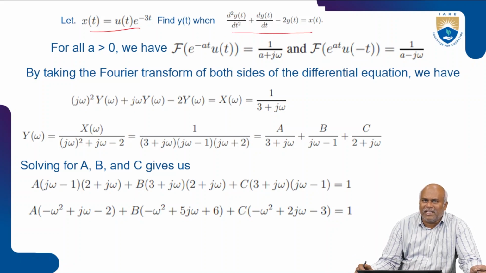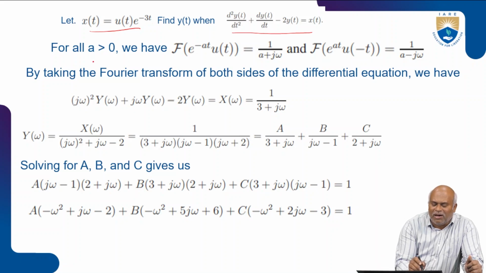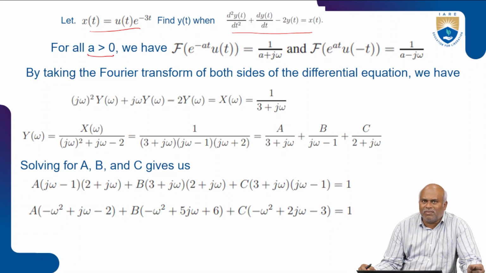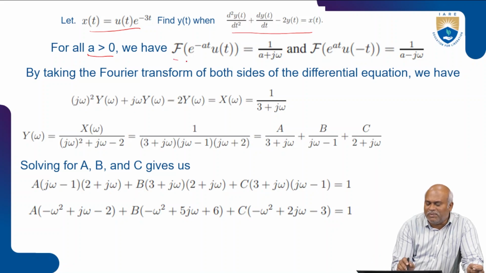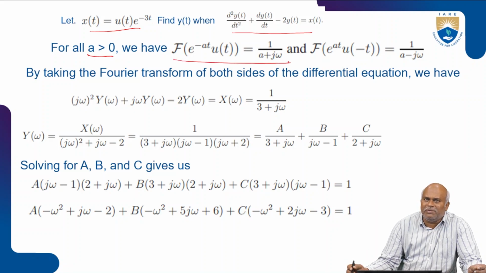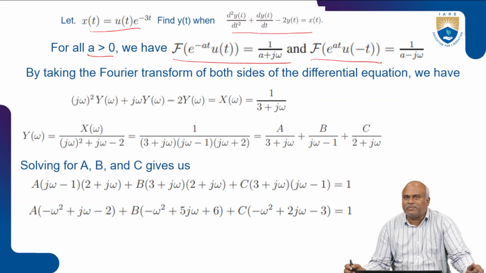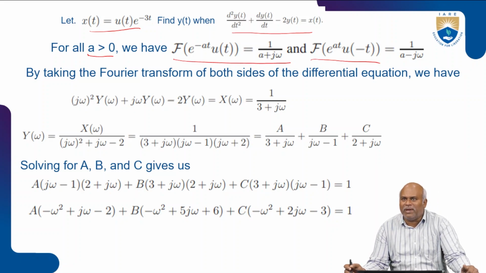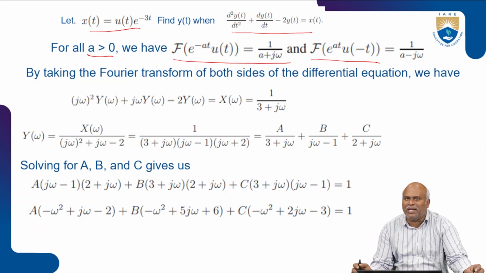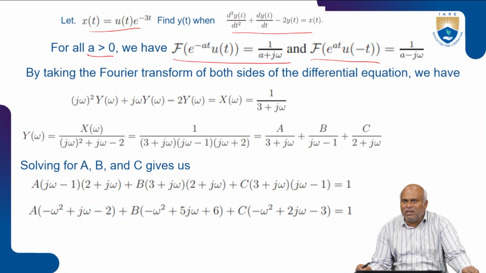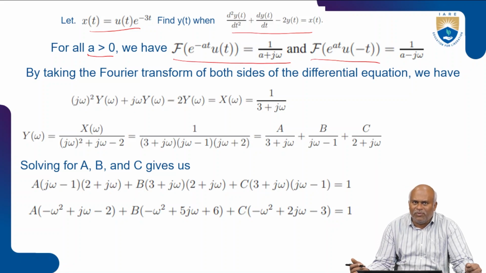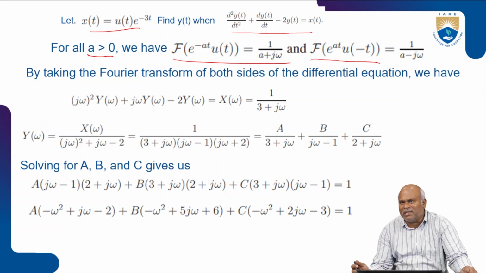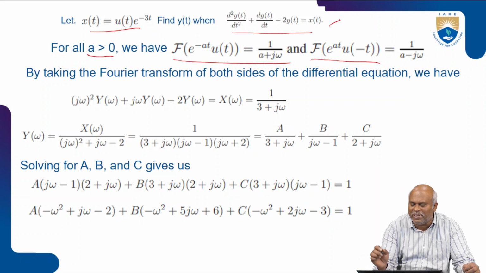In this condition, a is always greater than 0, that means it's represented as positive. We have the Fourier transform. We know the Fourier transform of e power minus at u of t is equal to 1 by a plus j omega, and the Fourier transform of e power at u of minus t is equal to 1 by a minus j omega. If you take the Fourier transform of both sides of the differential equation,